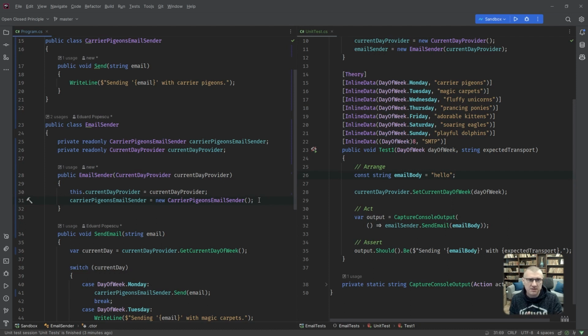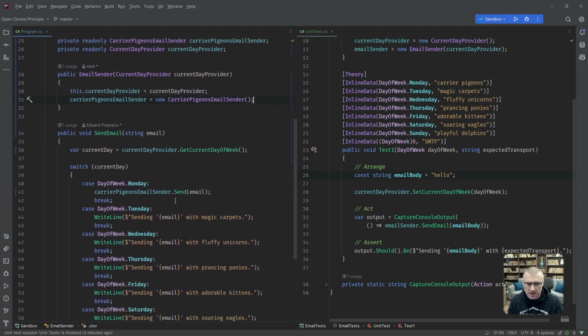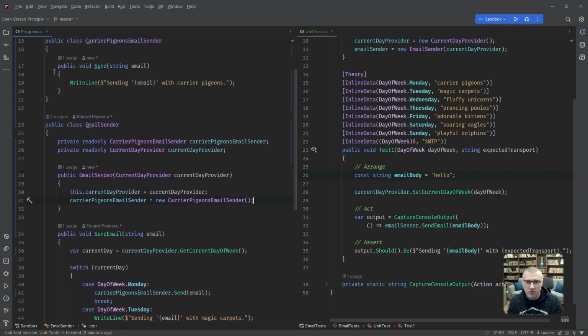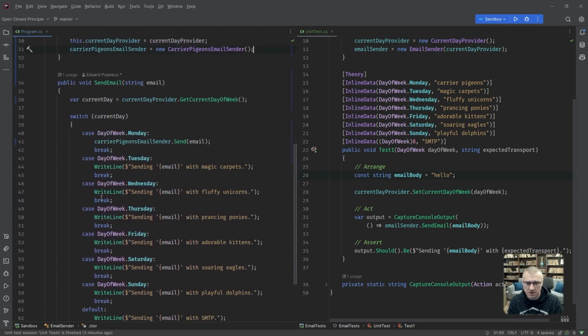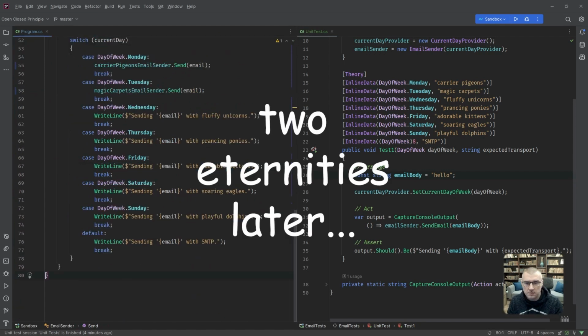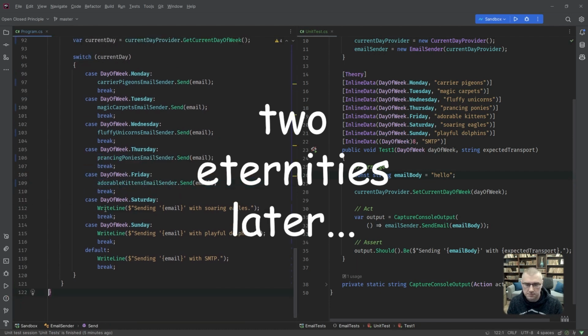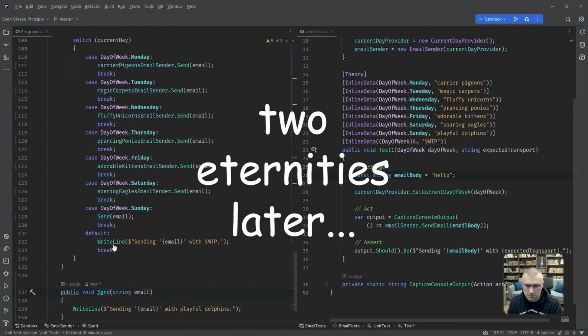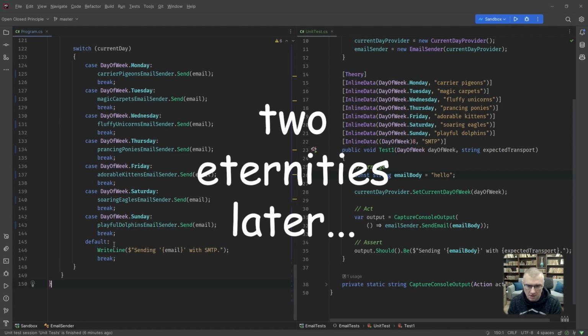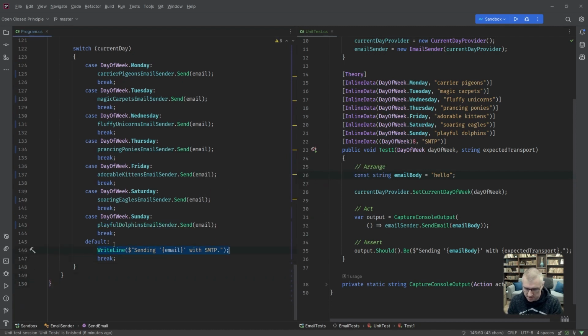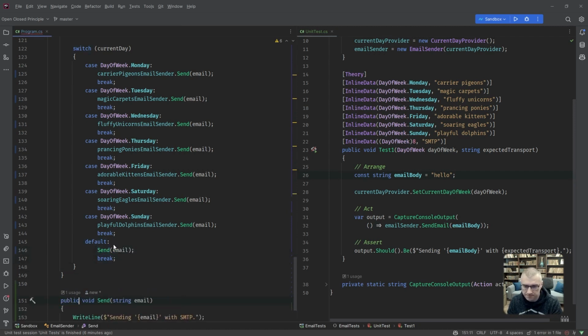So feel free to skip ahead, because I'm going to do the same thing for all of these methods, and the last one, the most boring one.